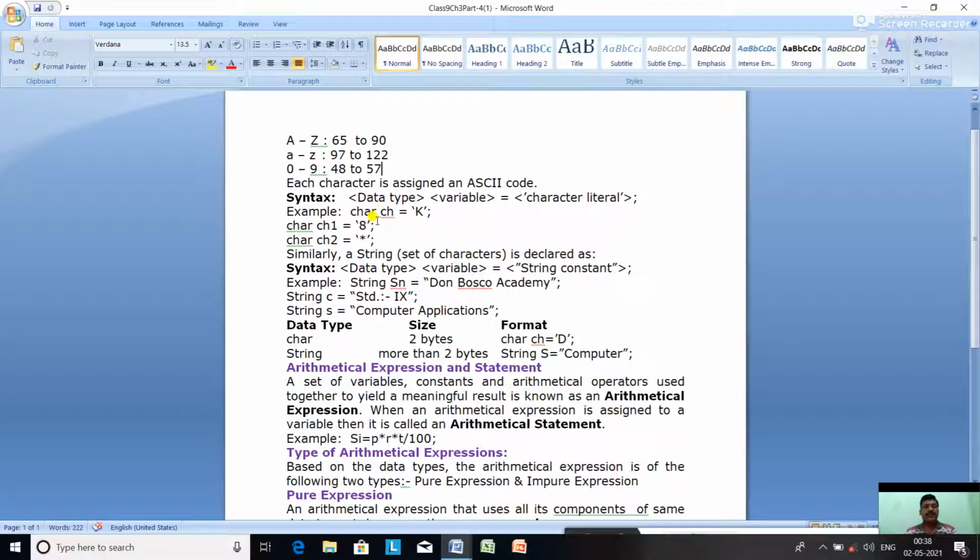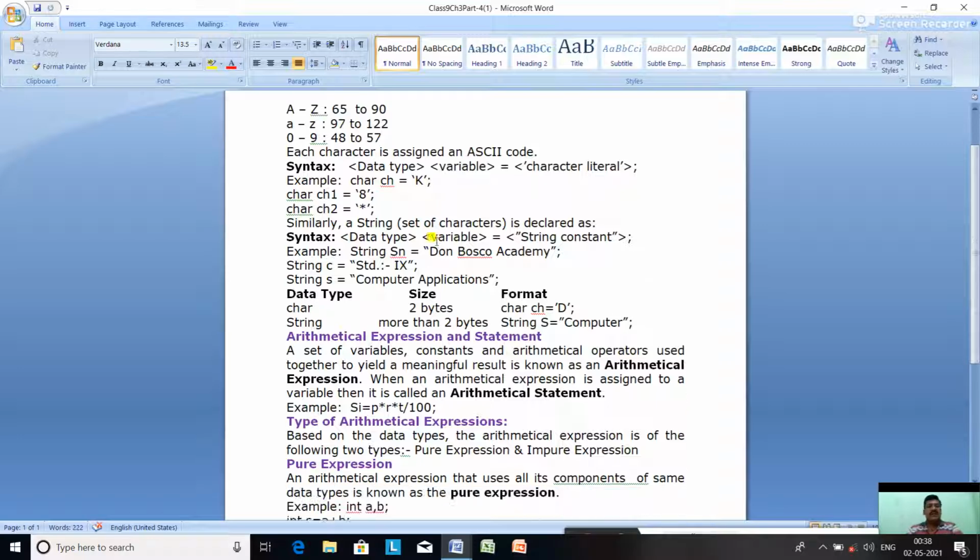Then we have char ch2 = '8'. The 8 is a digit, but it is made a character literal here. No calculation can be done on this 8 because it is a character literal enclosed within single quotes. And char ch2 = '*'. So asterisk is a character literal here. It is a special character, but it is now a character.